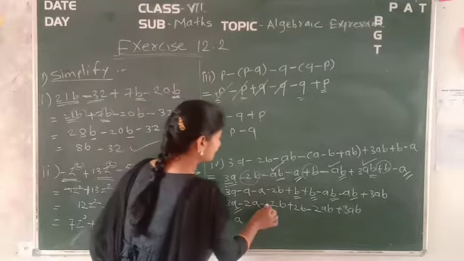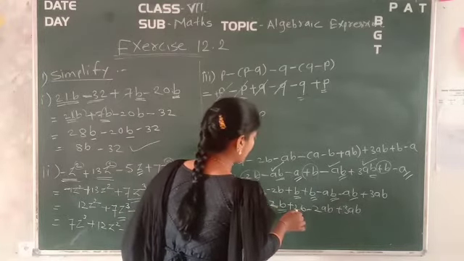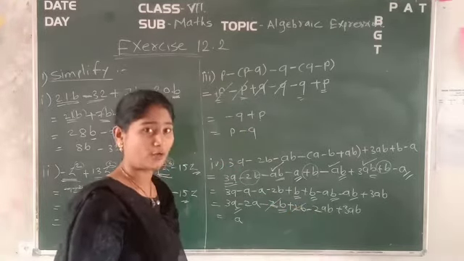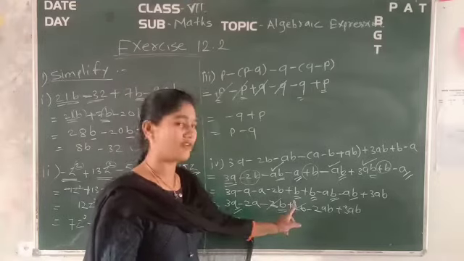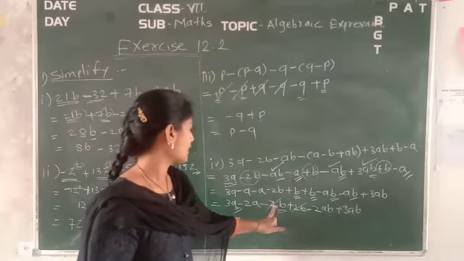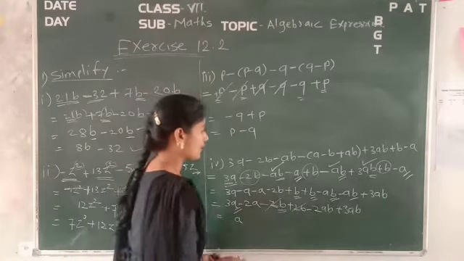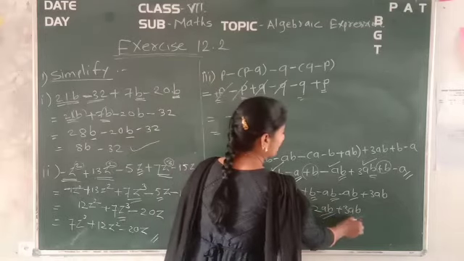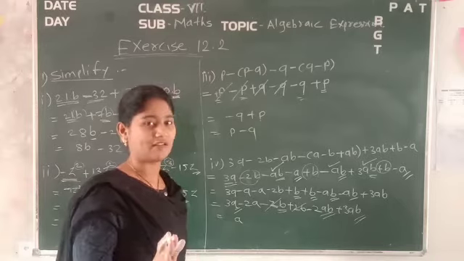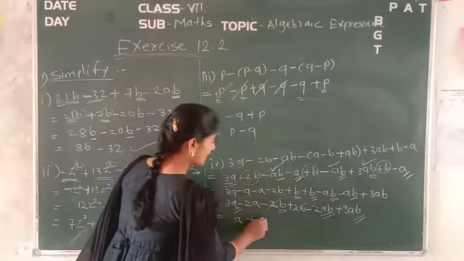So again 2b, here plus 2b, and here minus 2b. So it will be cancelled out. See here, I already told you, if opposite signs are there for the variables, these opposite terms will get cancelled out. So minus 2b plus 2b is getting cancelled out. So again what remains? Minus 2ab plus 3ab: minus 2 plus 3 is plus 1. So plus ab will be there. So that's why write down plus ab.